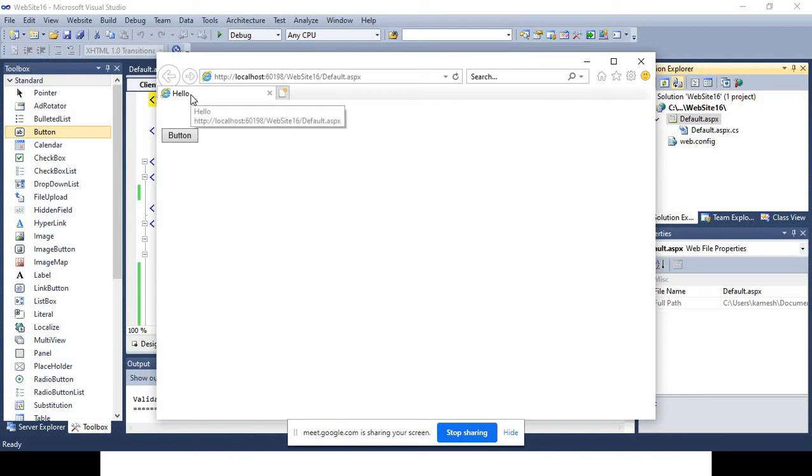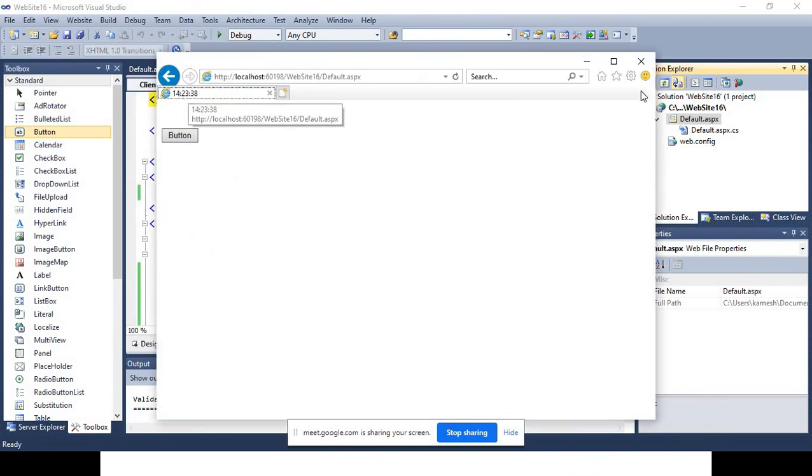See here in the title window, the title of Internet Explorer, this is called the tab title, where Hello is written. And if you click on the button, the title of this tab gets changed, and the date and time will come.